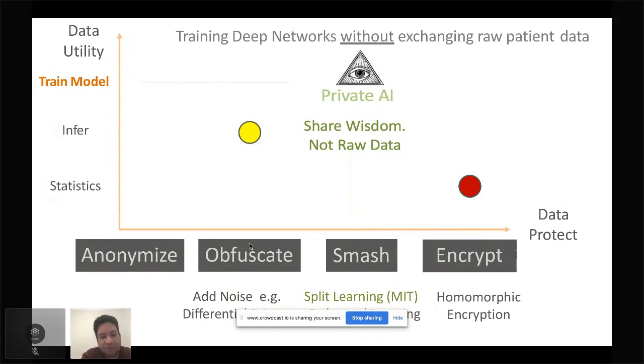So that's differential privacy. And actually, these dots are moving up and up. There's more differential privacy going on around training as well, so I should actually update the slide. There have been more papers doing that for a while. These approaches give you different levels of utility. With obfuscation, you can do inference and also train the model, but the issue is the amount of noise that you need to add to get these worst case guarantees.